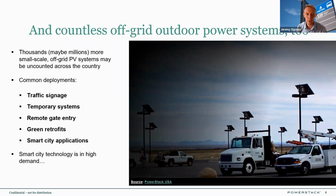And they're typically deployed for traffic signage or maybe temporary systems that could be wheeled in for events or in traffic situations when patterns are changing. You might have remote gate entry, often in the Texas countryside, maybe for green retrofits, which is something we'll talk a little bit more about today,